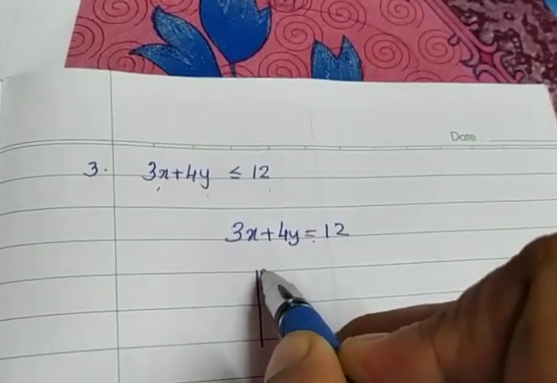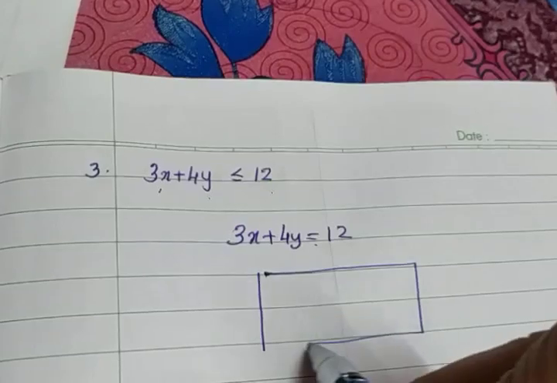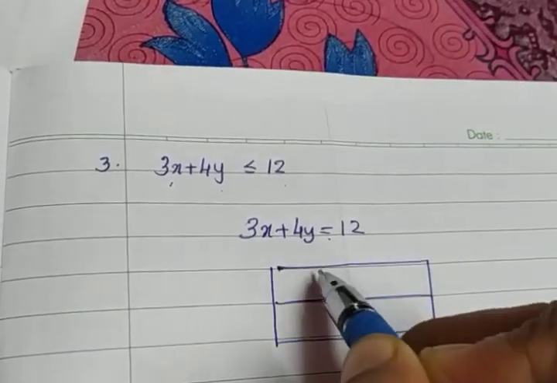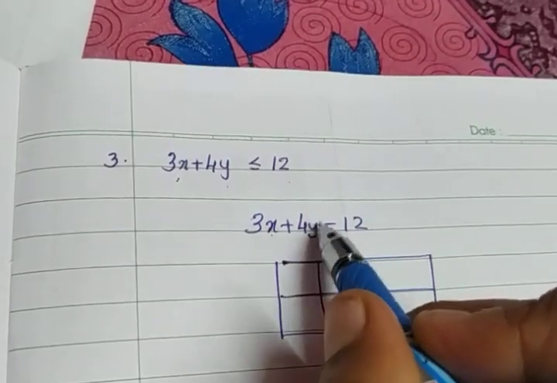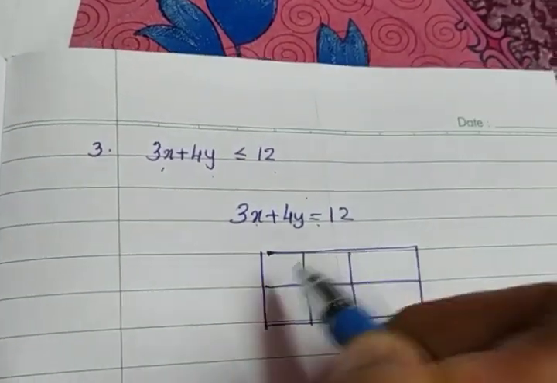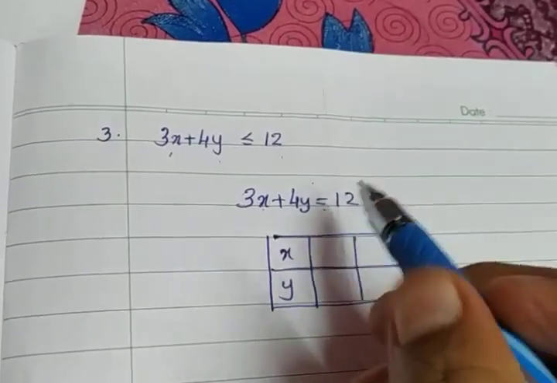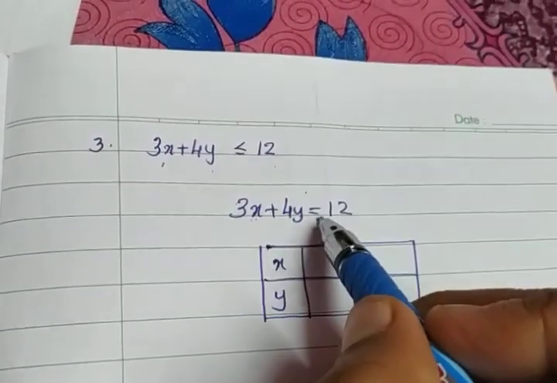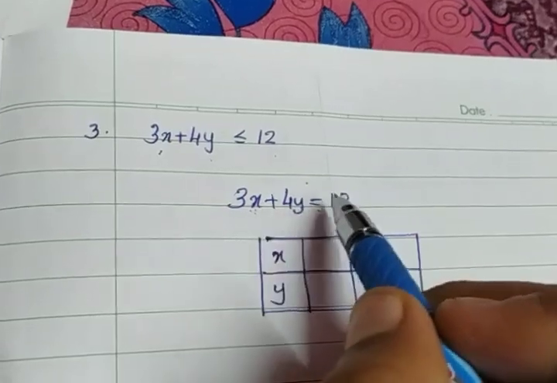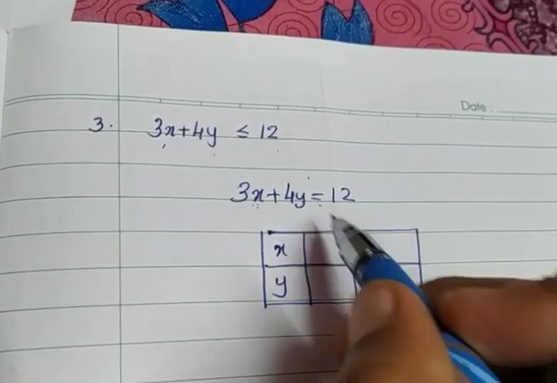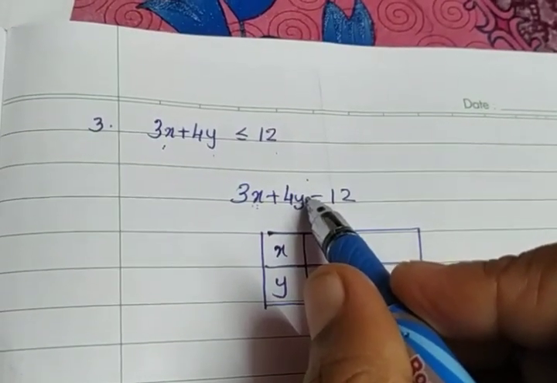Again we have to draw the graph for this equation, and the graph will be a straight line because it's a linear equation. How does it become linear? The degree, meaning the power of x and y, is 1. So by seeing the equation itself we are very sure that it will be a simple one. So we will just take 2 points which satisfy this equation and draw the line.